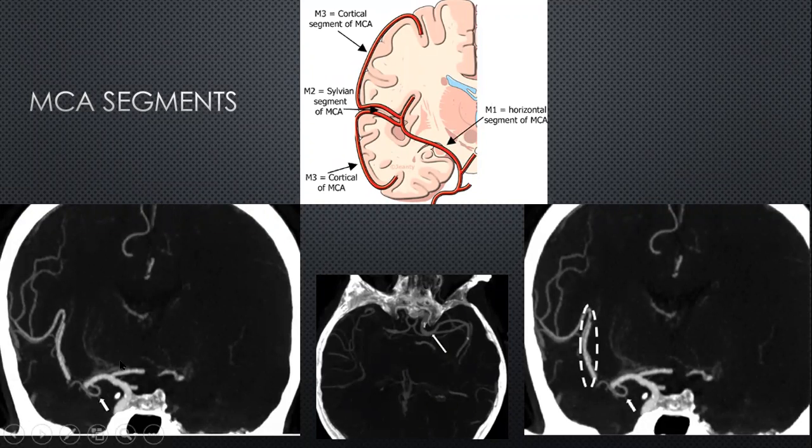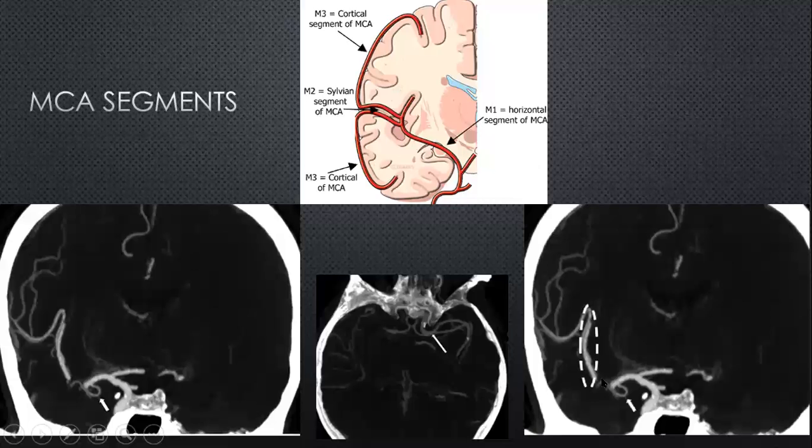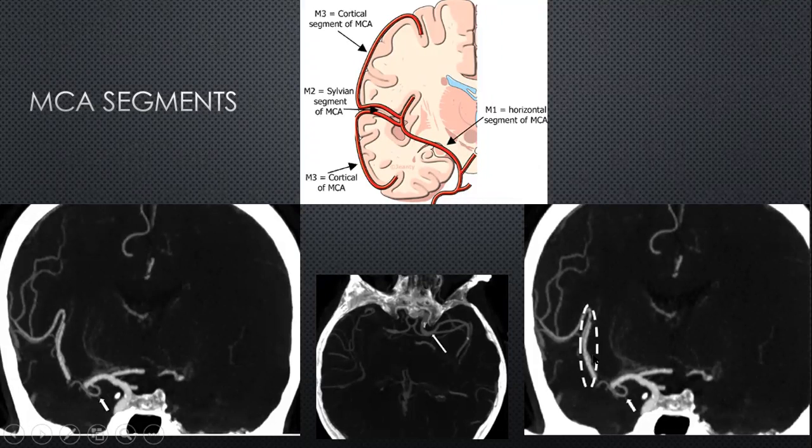And these are again the MCA segments, looking at them on imaging. So these are the perforators which are supplying the striate territory, perforating from the base of the brain. And this is again to demonstrate the M2 segments as they come out on the surface of the insula and then coming out over the frontal operculum to become the M3 segments.